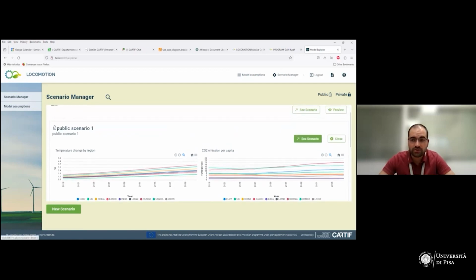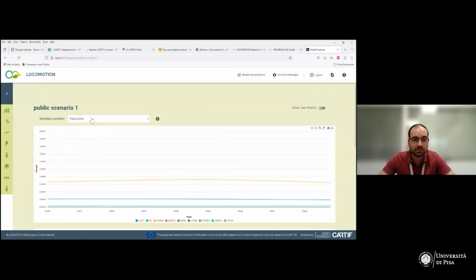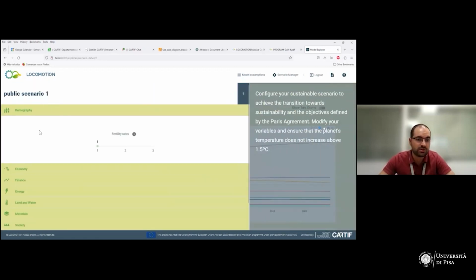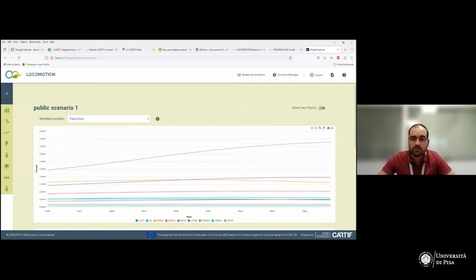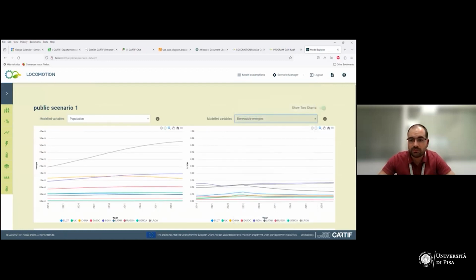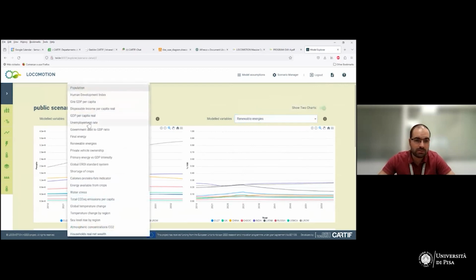But if we choose this scenario, you will have here the result and the policy parameterization in this other view. And well, you have the opportunity to compare two different variables, for example, renewable energies and unemployment rate,